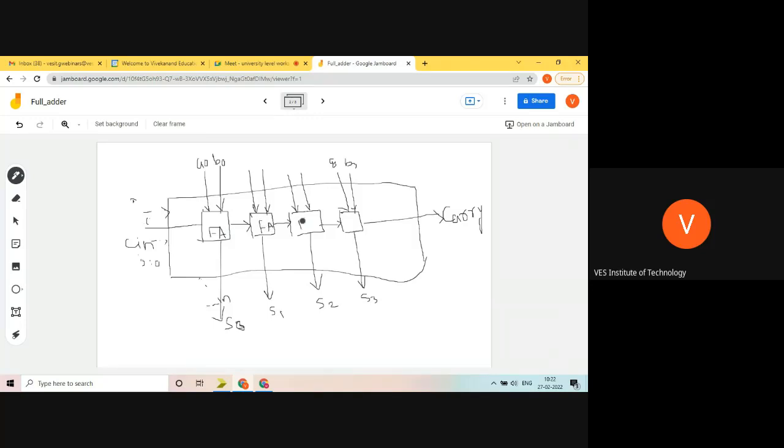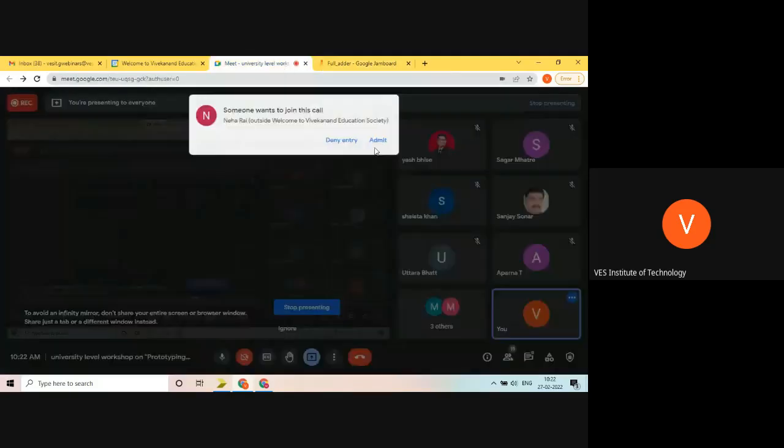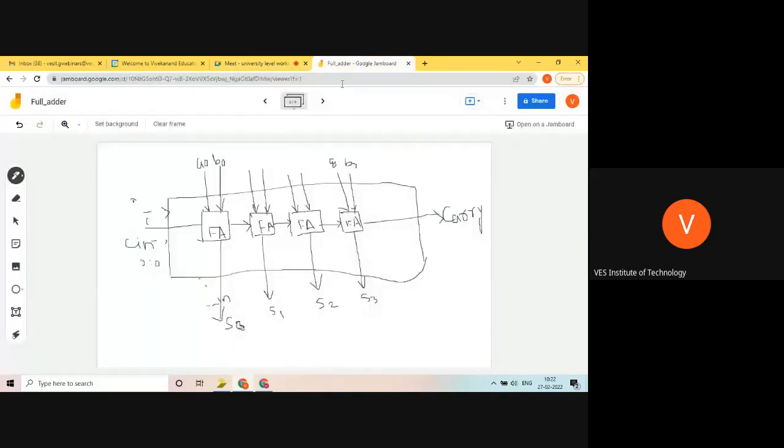So I will create 4 instantiations, and with these 4 instantiations, these will be the inputs which I already developed, and these are the internal signals. So this is wire. Okay, so I can call it as a carry wire or a C wire.